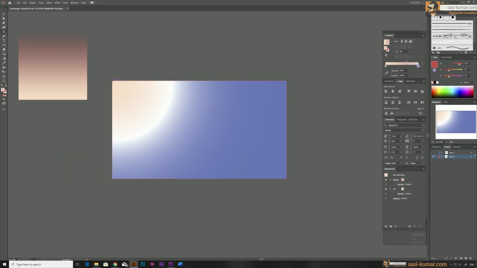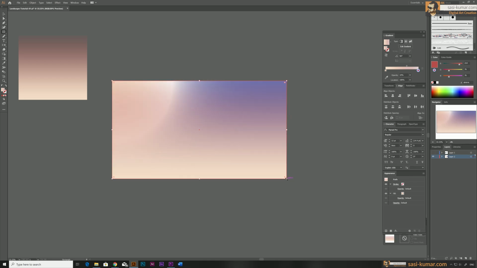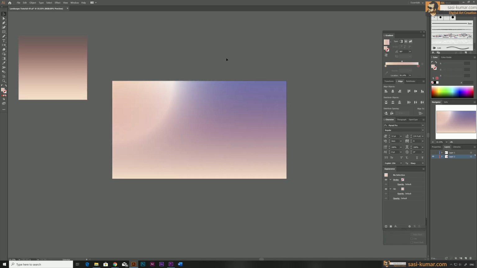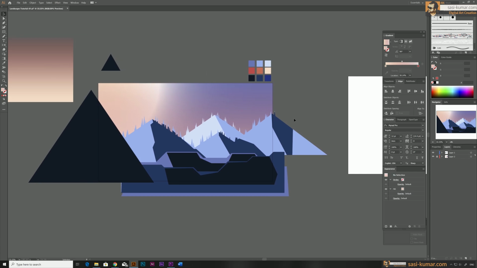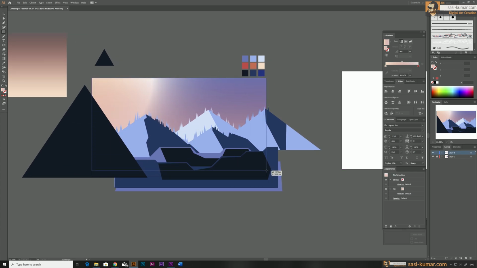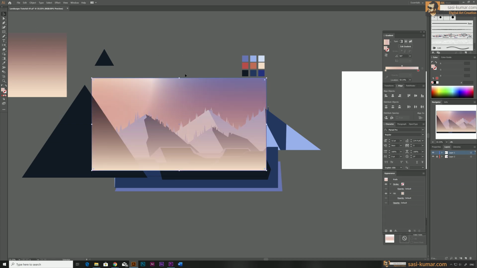Now I will draw one gradient layer exactly the same as this one. Okay, I will leave this one like this. We can have a sun layer on top, or I'm just going to leave this one like this. I'm not going to work too much on this one. So I'm going into the second layer. I will lock this one, and now we'll make a box like this, and this time I'm going to place